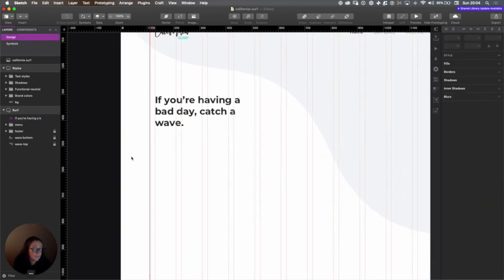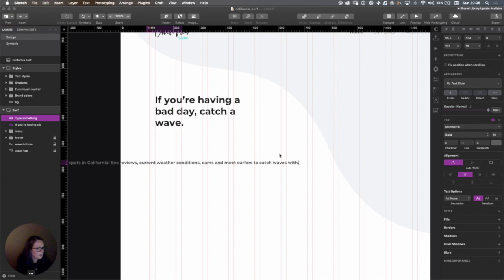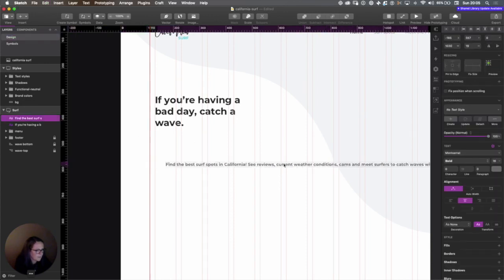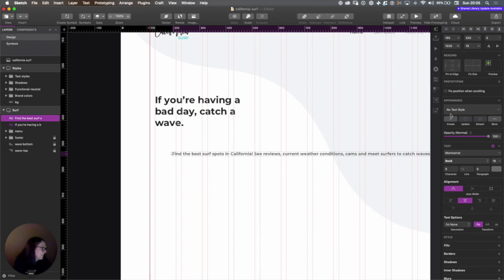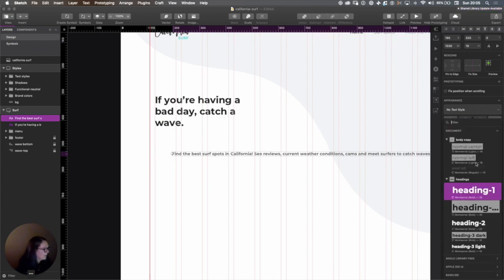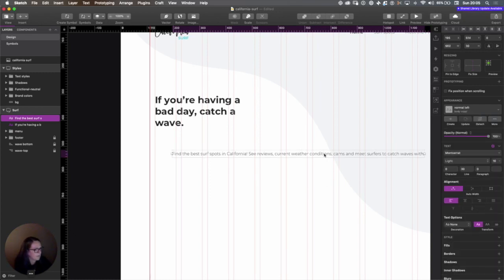Now we're going to add some body copy. And this one I am going to cheat and copy and paste it. We press again T on the keyboard, and I'm just going to paste the text here. And like I said before, it's just as easy to go into appearance, and we're going to select body copy. So here you can see the groups that we created before with the slash. So in here we're just going to say body copy normal, but we want the left-align version of it. There we go. And we're going to place it right below it, and it's going to have the same width